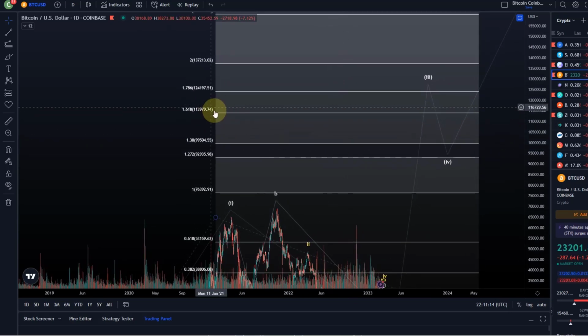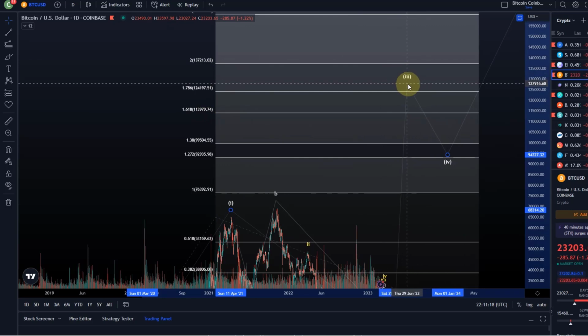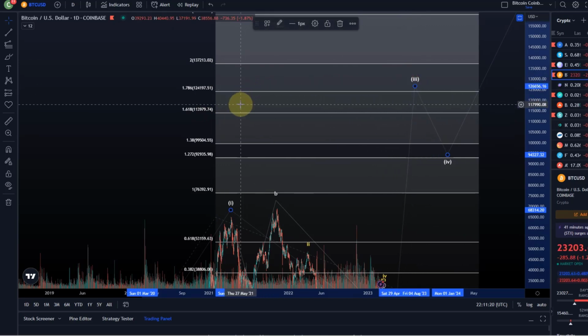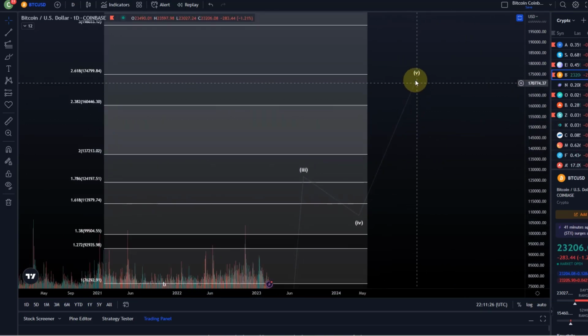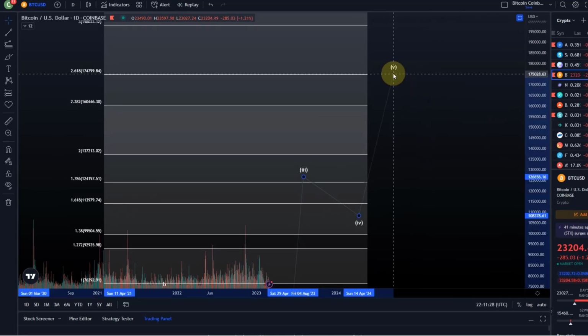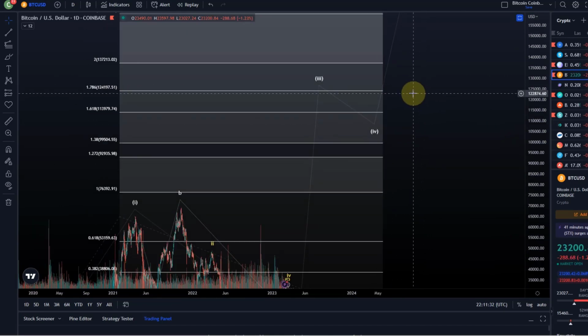I would say between 114K and 137K for this third wave. That's between the 1.618 Fibonacci extension and the 200% extension. We should then get a shallow 4th wave and rally in a 5th wave. And that can take us to 175K. No, I'm not saying that will definitely happen this year, but maybe next year is certainly a possibility. It can happen this year, yeah,